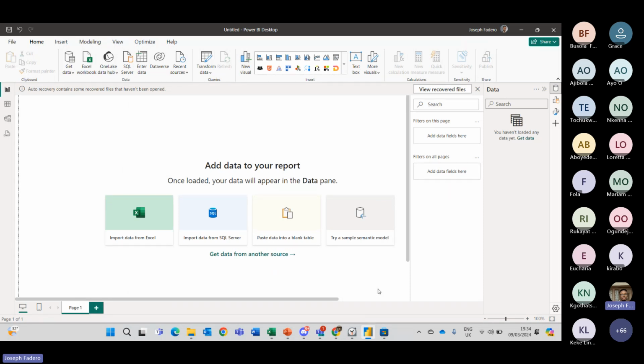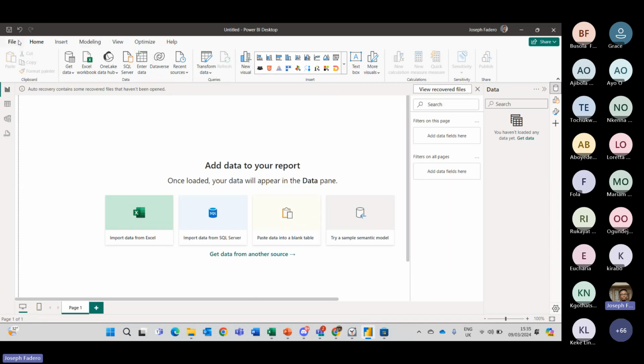Now, just a recap, because I can see some people have network issues, one issue or the other. What we just did right now is to ensure that we all have the same look and feel with our Power BI. So when I'm doing something, it's not like, oh, how is it doing this thing? Oh, why is it doing this thing? We have the same look and feel with our Power BI.